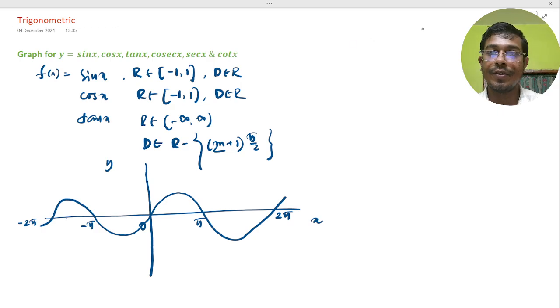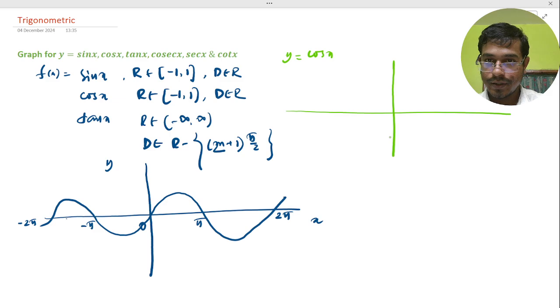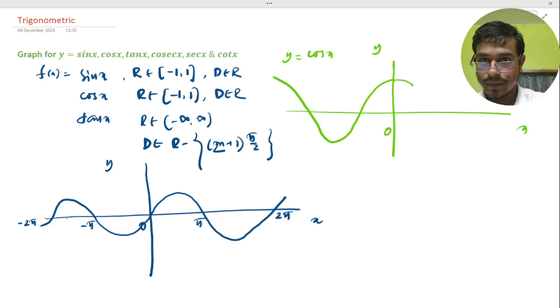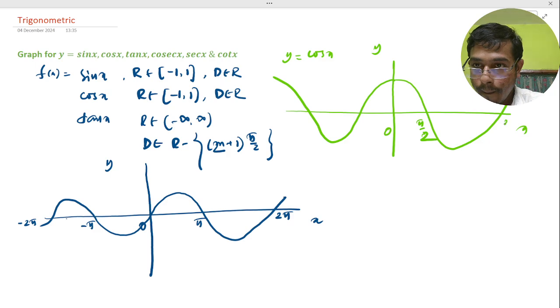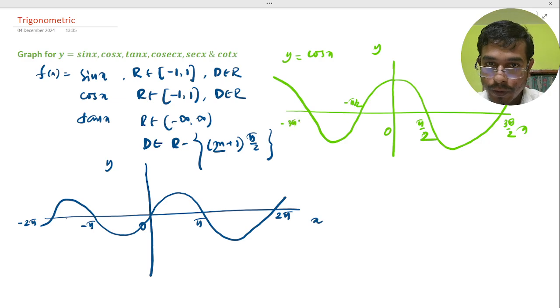and the second one is for cos x, y equal to cos x. Basically for cos x, this is the x-axis and origin, and the graph would be like that, this one, and this value pi by 2, 3 pi by 2, minus pi by 2, minus 3 pi by 2,